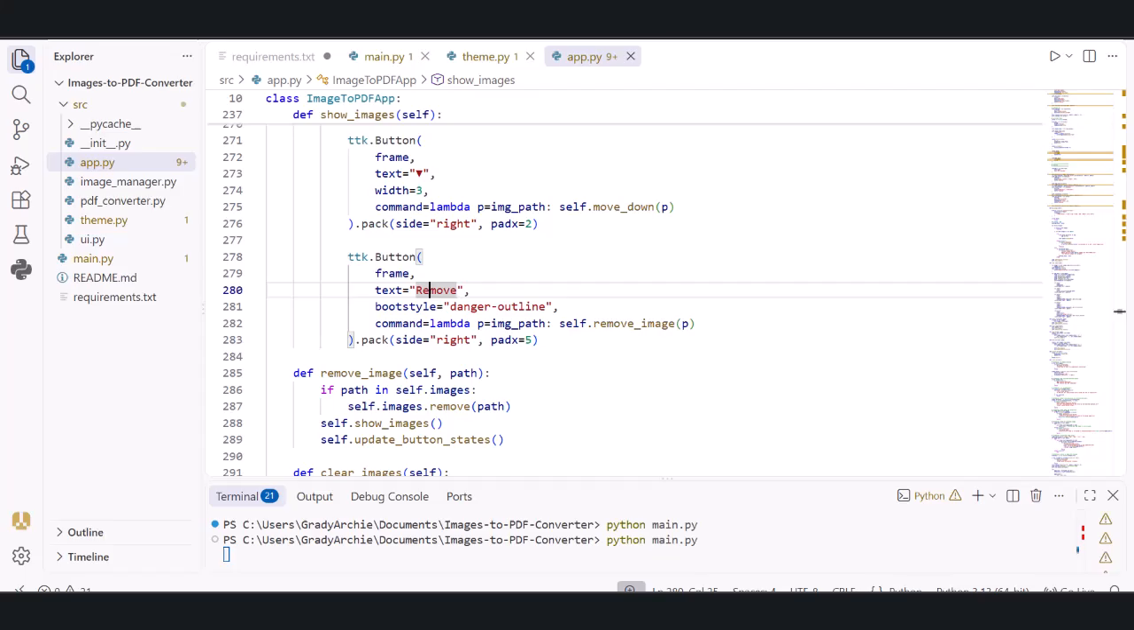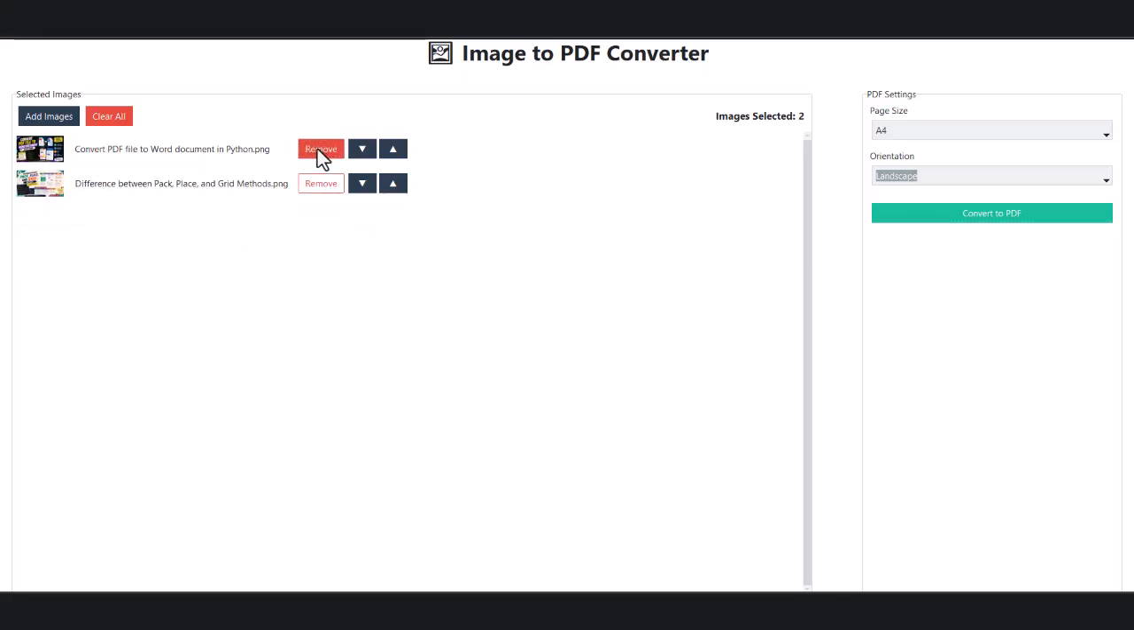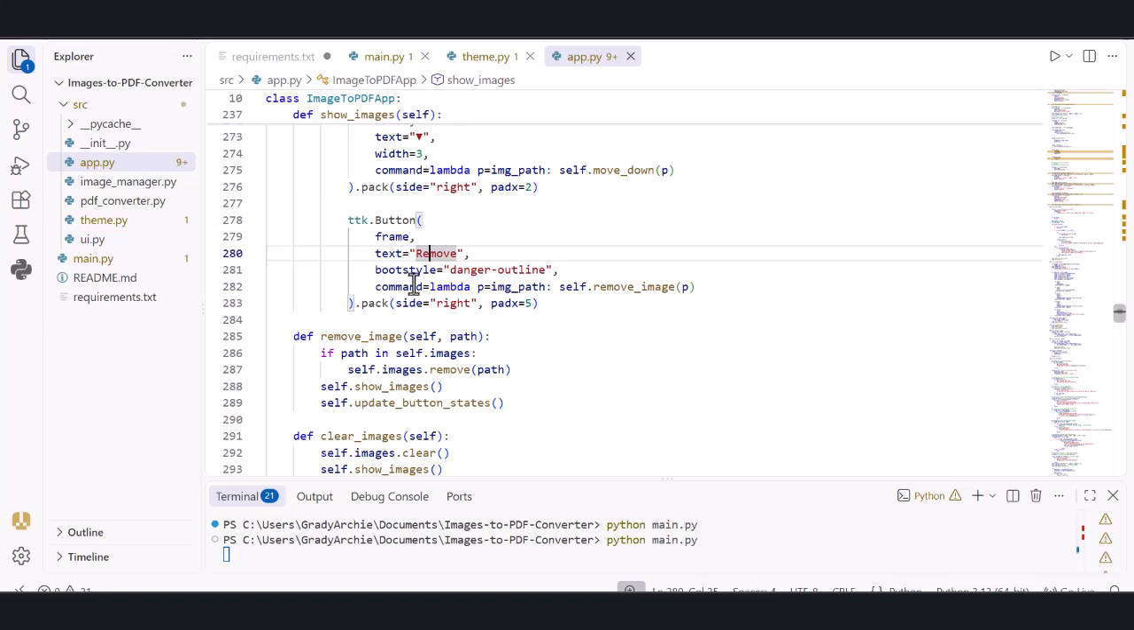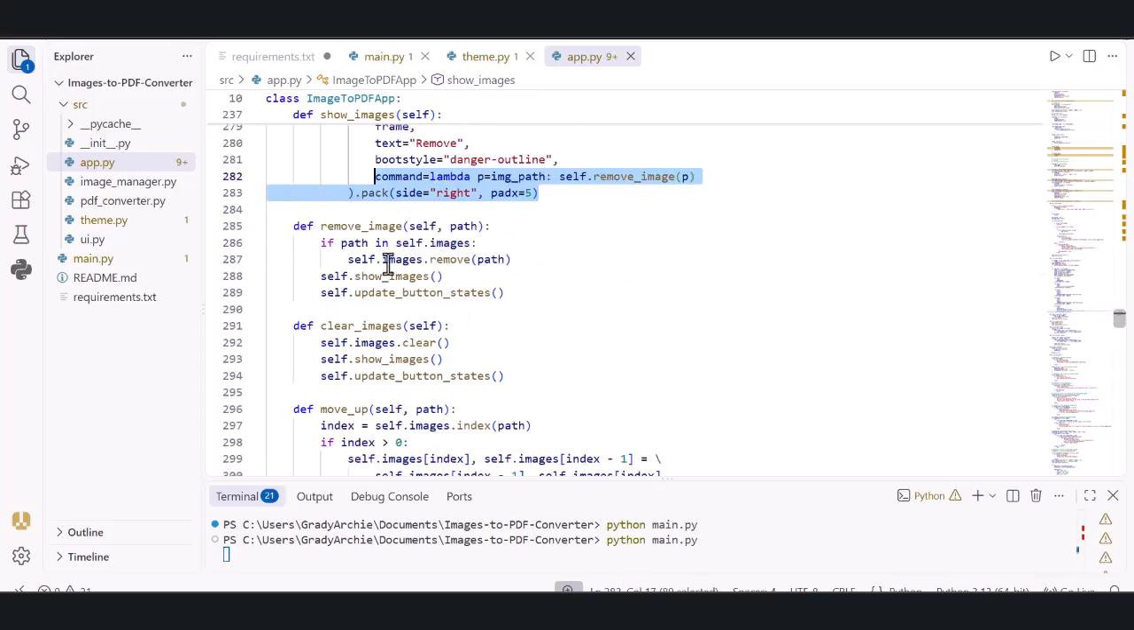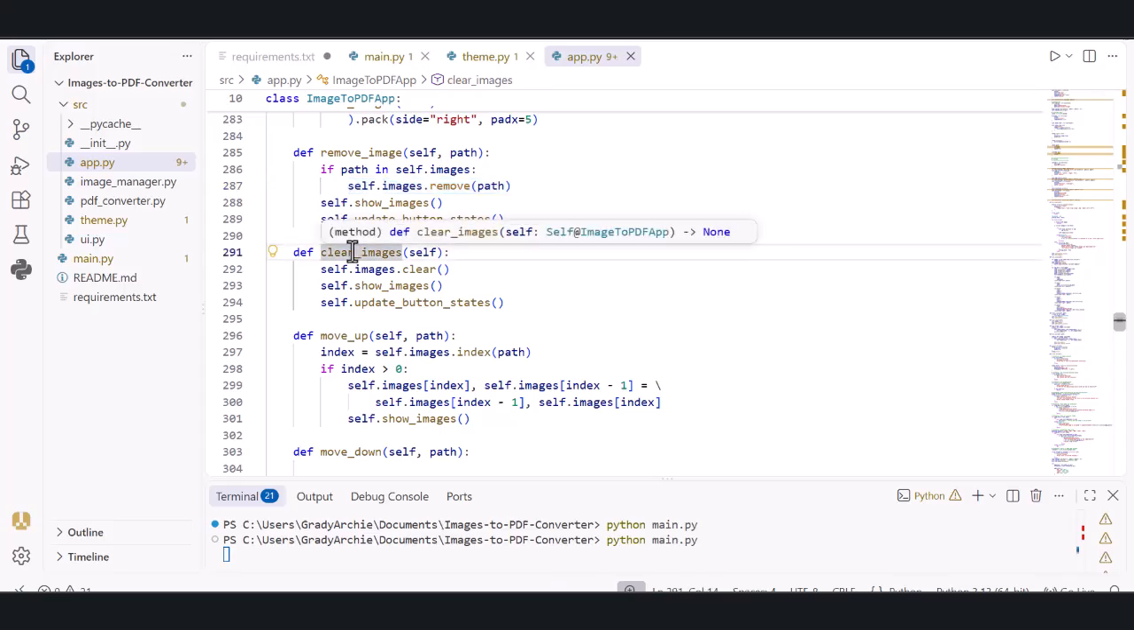I'll show you that. If you want to remove only this image, you can say remove. If you want to remove the first image, you can remove. This is how this button works. And here we have defined that the text that is displayed on the button is remove, and these are configurations we have defined. Here we have defined the remove image function. You can see self.image.remove path. The important thing here is we are removing the image from our internal list, not deleting the actual image file from the computer. Then we have defined the clear images function and